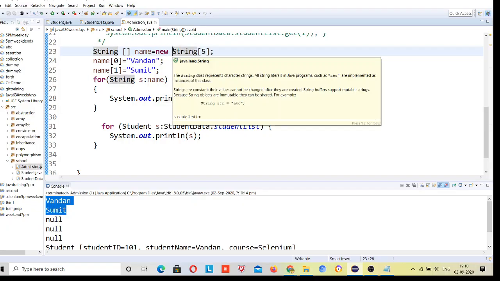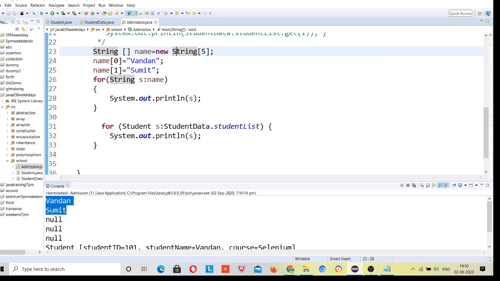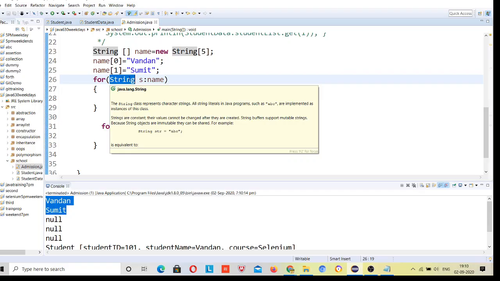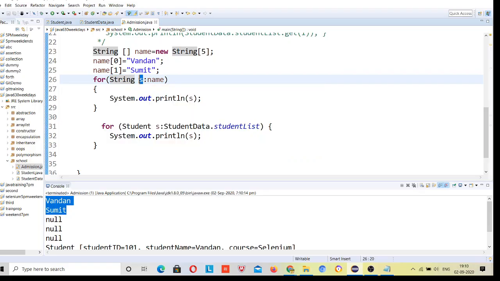So I said that if you want to traverse objects, use the for each loop. So this was just like an object, that's what we are using the array for each loop for, right? So this object type was String, so I have defined a String class, and here s is a variable of this String class, and the variable that stores the data you should define here.